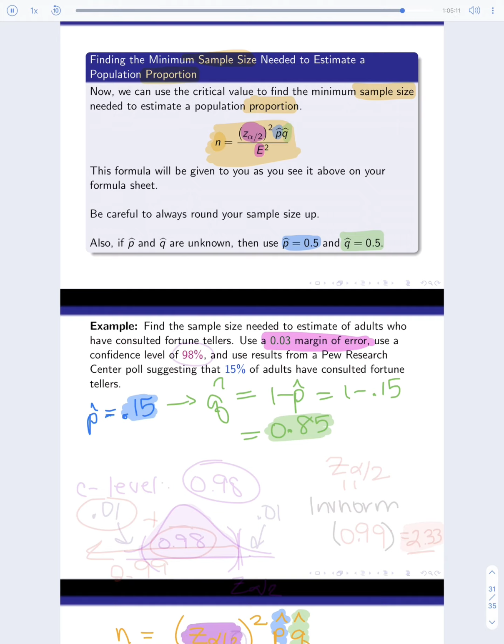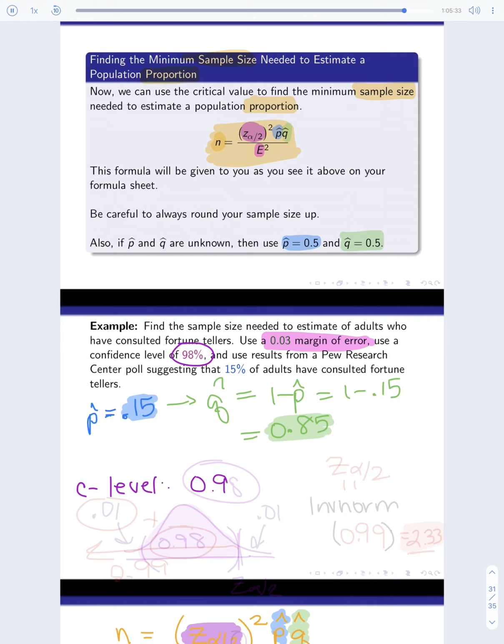which remember is always going to require a picture of some kind. So let's go ahead and tackle that. Notice they don't give us an alpha. However, they do give us a confidence level. That is going to be our hint as to what alpha is going to be. So we're going to use our confidence level,